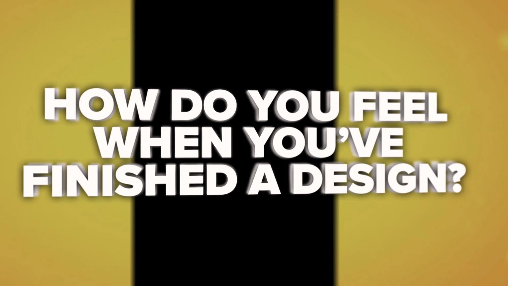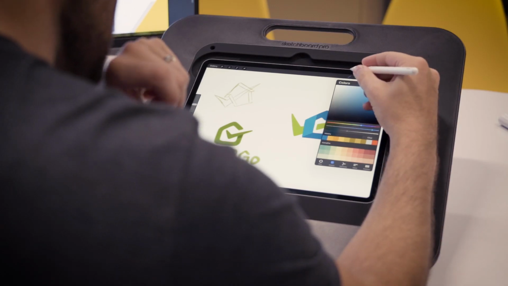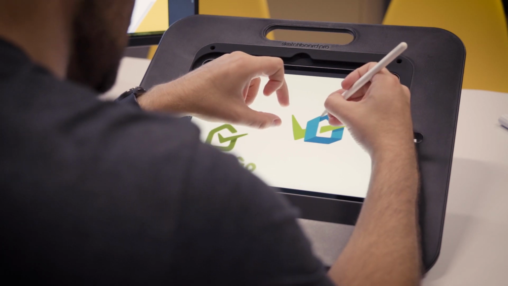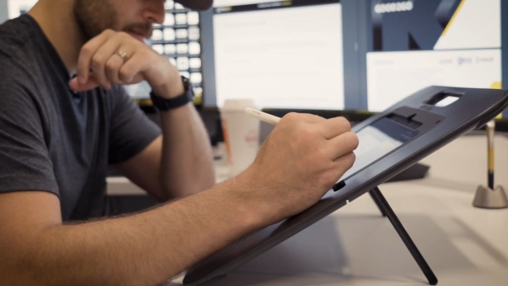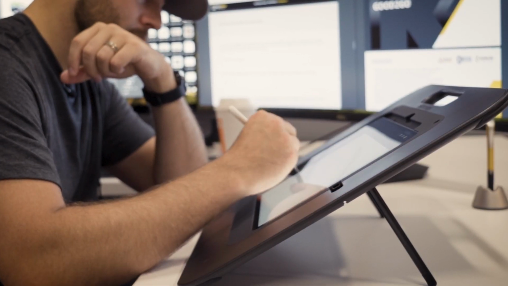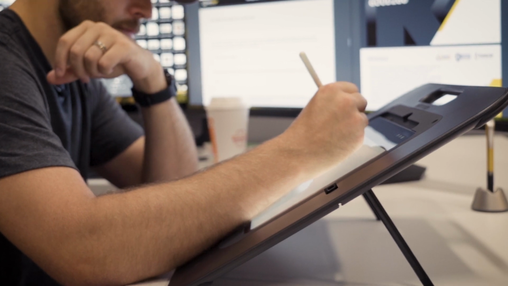I think it's usually just satisfaction to get it from the early stages of the project when none of this was in visual form at all to a finished product that they're happy with and that we know is going to work well. Sometimes it's relief because you're trying really hard, you're putting a lot of mental resources towards developing these ideas and making sure that they're strong, making sure that they're going to work the way you want them to. So when you get it to the finish line, I think it's just a mixture of, we're definitely happy to see the finished